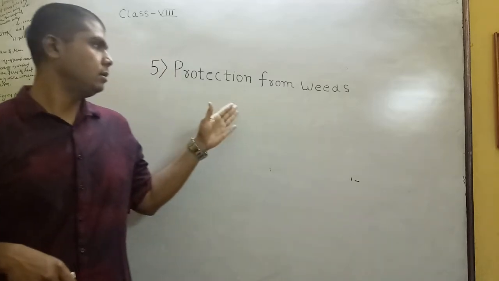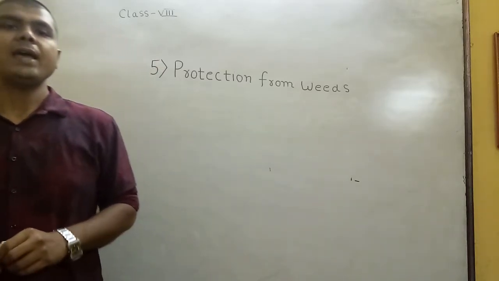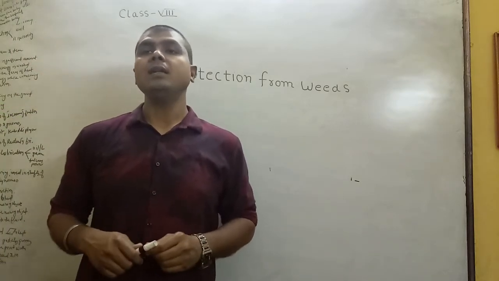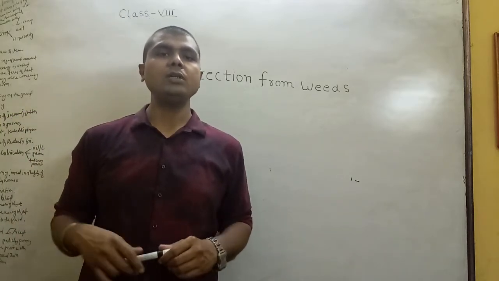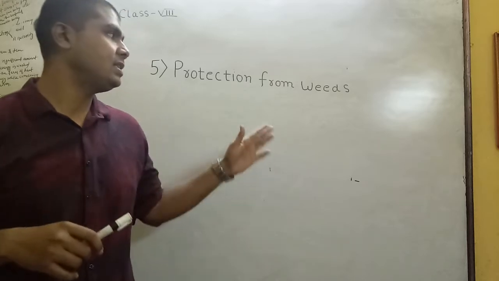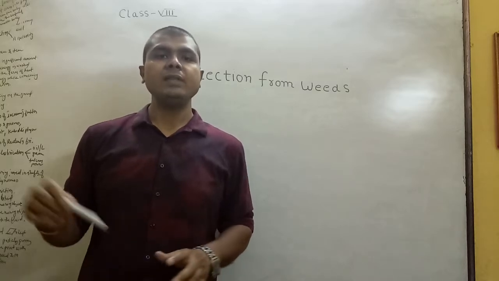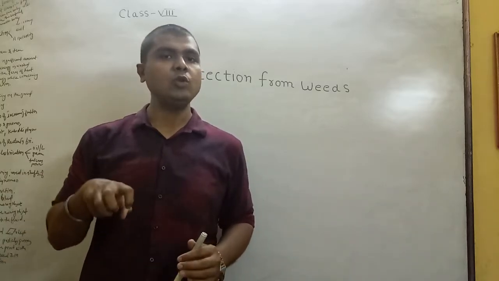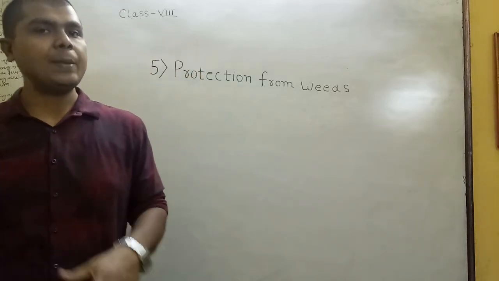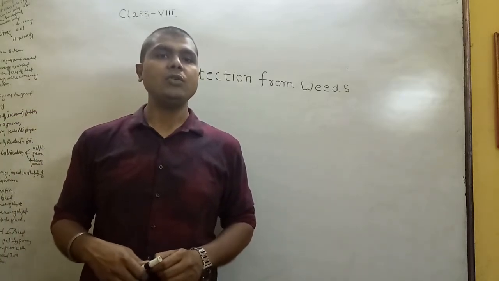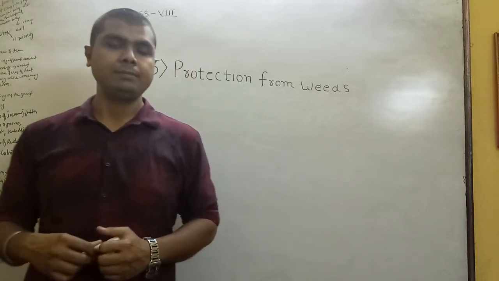Now these weeds, which are unwanted plants, are also known as wild plants. As we have studied when discussing fertilizers and manures, the crop needs different kinds of macro and micronutrients. As weeds are wild plants and they grow rapidly, there will be competition between the crops and the weeds for procurement of nutrition from the soil. Since weeds absorb nutrients rapidly, most of the nutrients are absorbed by the weeds, and plant growth or crop production is hampered.